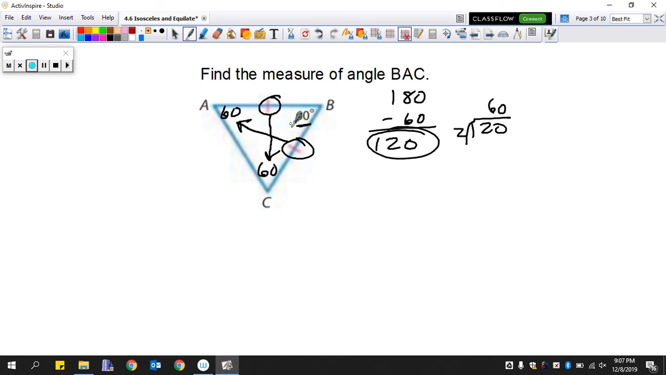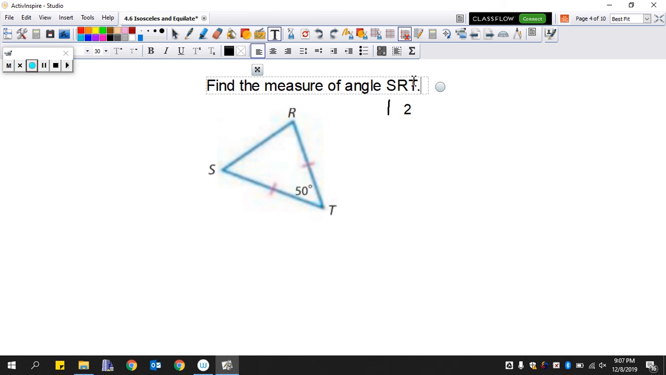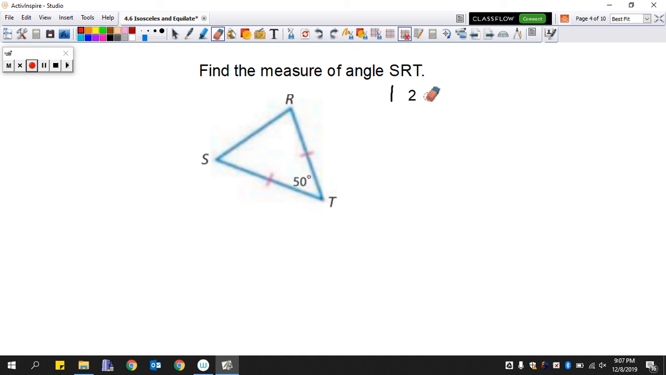So that's the way that you need to do that. All right. This one is another one exactly the same way. We have one angle that's 50 degrees. And so that means the other two angles have to